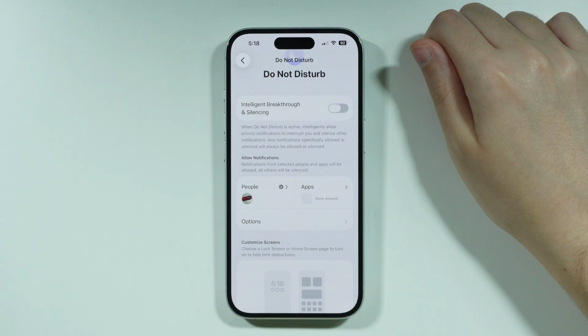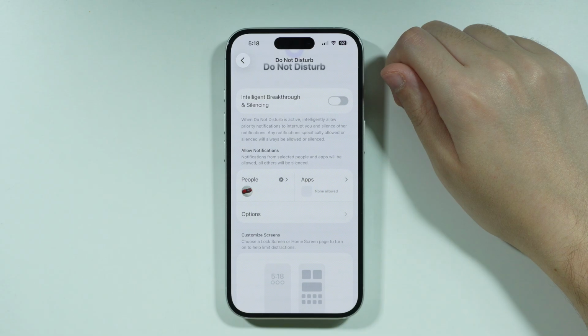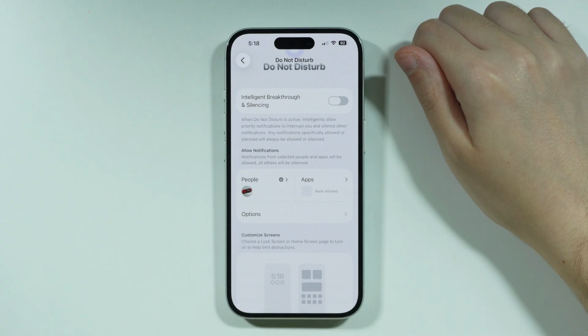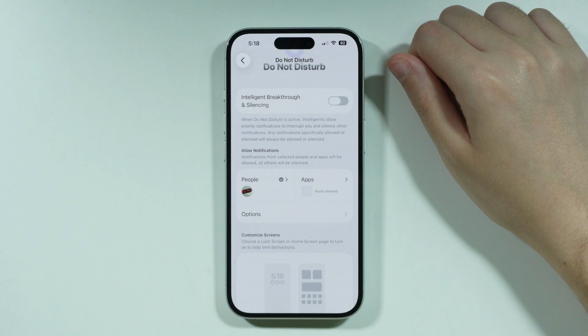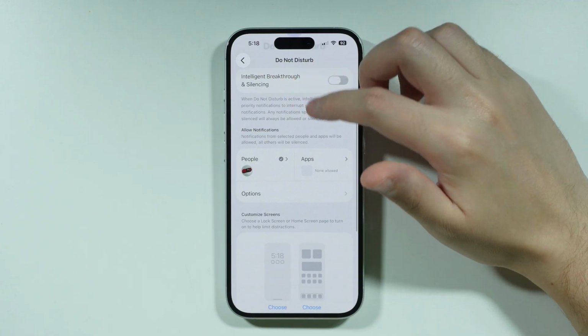and make it work as we want it to work. For example, over here we have intelligent breakthrough and silencing. So when the DND is active, the phone can intelligently allow priority notifications to interrupt you and silence other notifications. And if you don't want to be disturbed at all, then of course you probably don't want to enable this